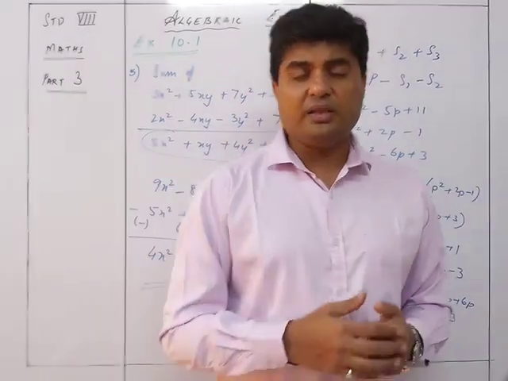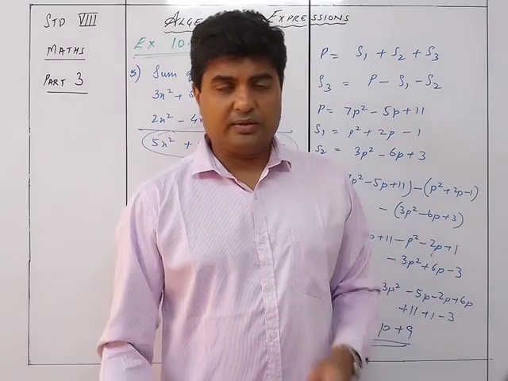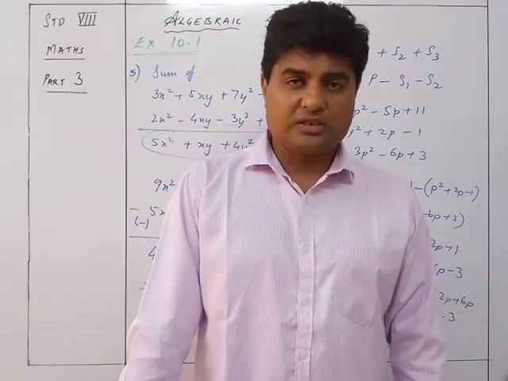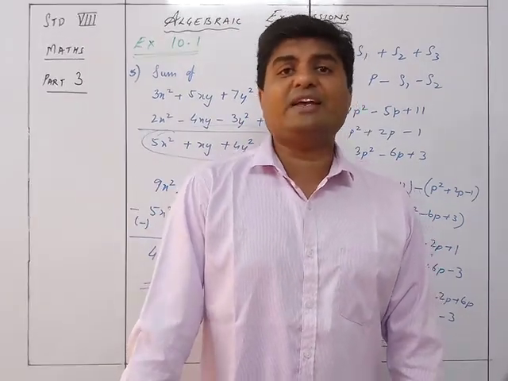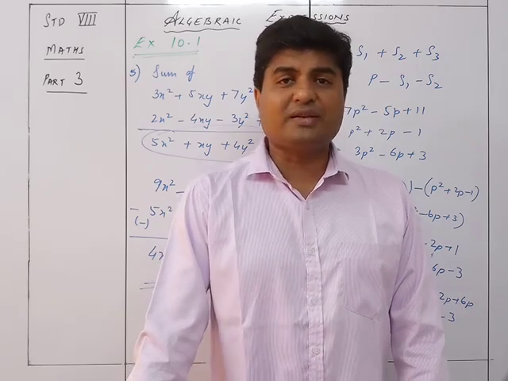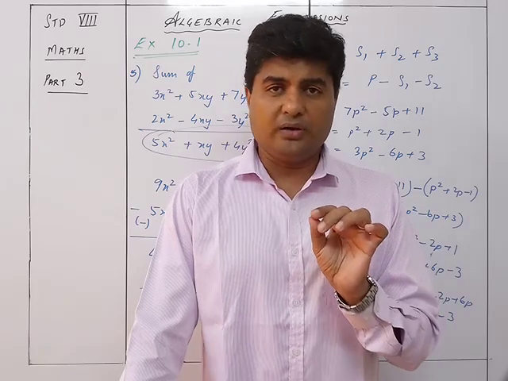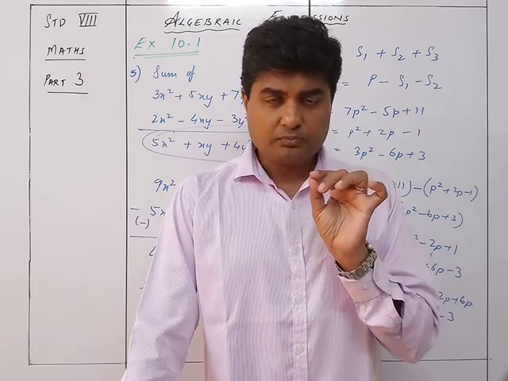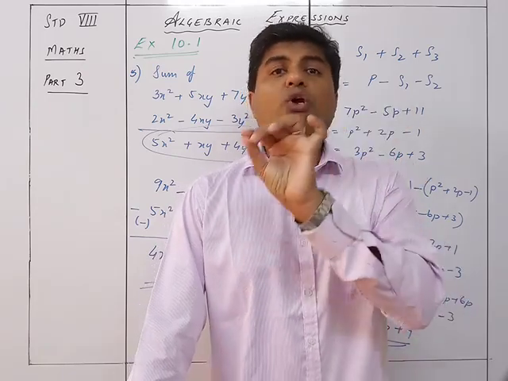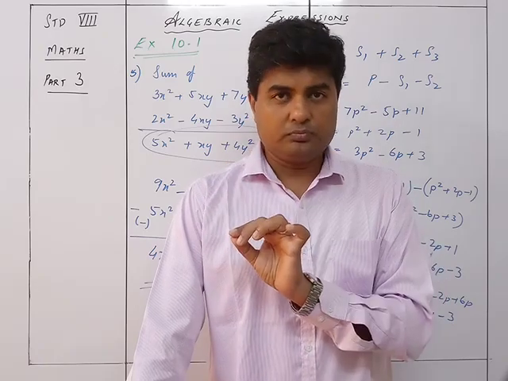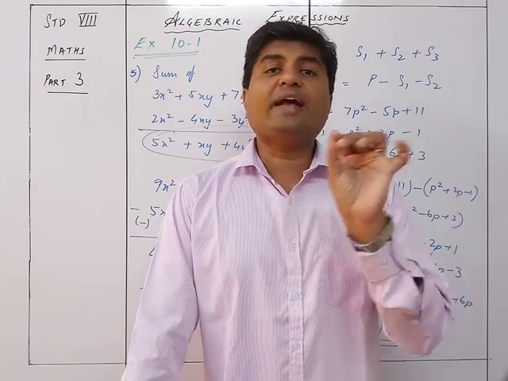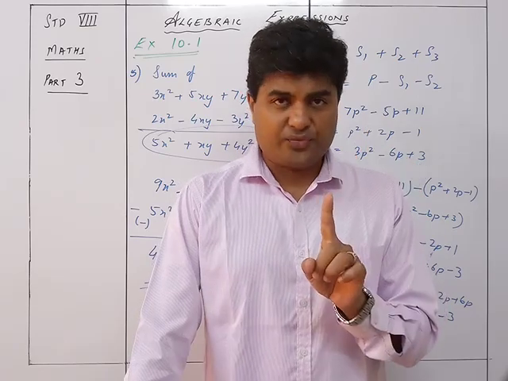Okay, we had learned the chapter on powers, the chapter on exponents. In exponents we say that a raised to m into a raised to n is a raised to m plus n. Yes, the same thing is what we are going to use over here in multiplication. So x square into x will be x cube. x square into x cube will be x raised to 5.